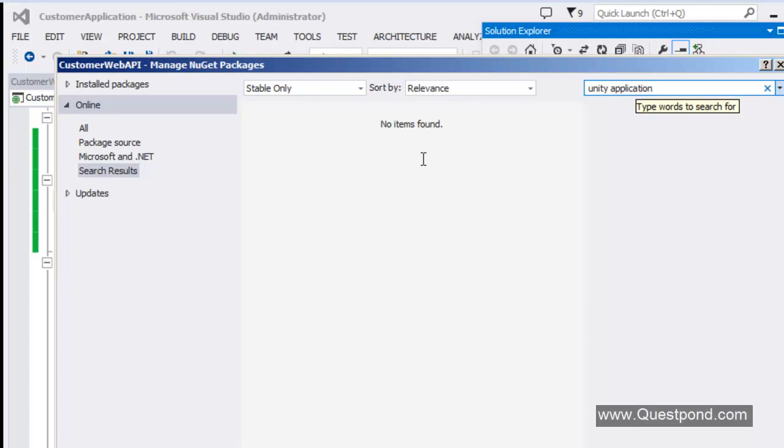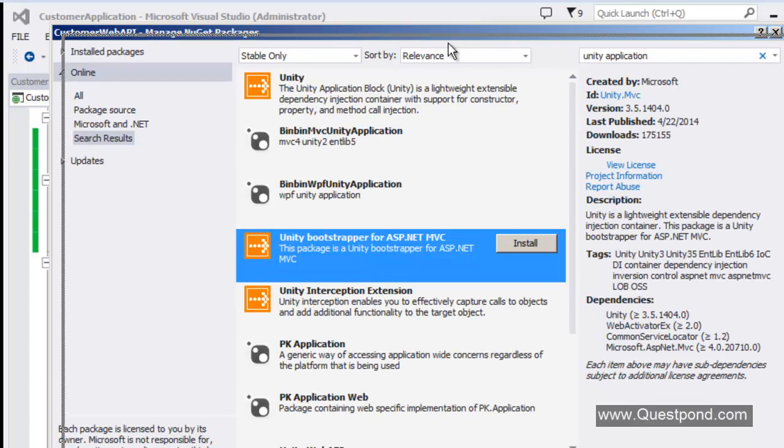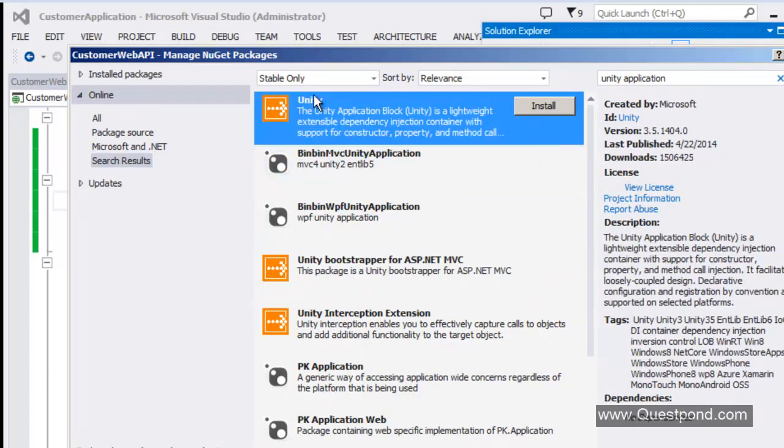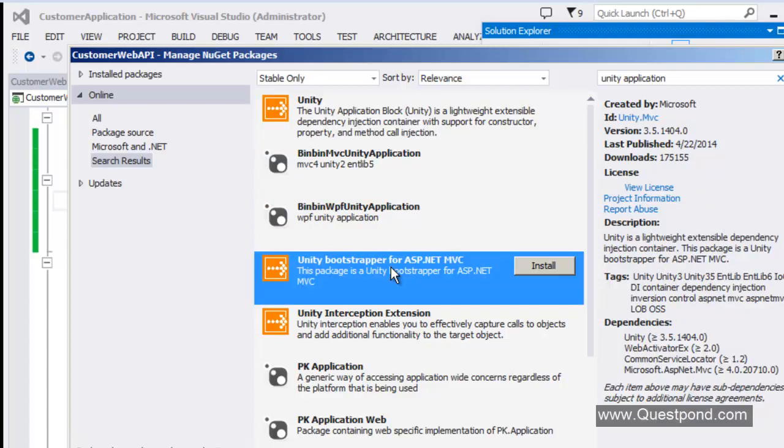Okay, so the search has come up. Now you can see here, the first one, the Unity Application Block, is the base component. In the design pattern section, I have explained this core framework of Unity Application Block. But just down below, there is one more thing called Unity Bootstrapper for ASP.NET MVC.